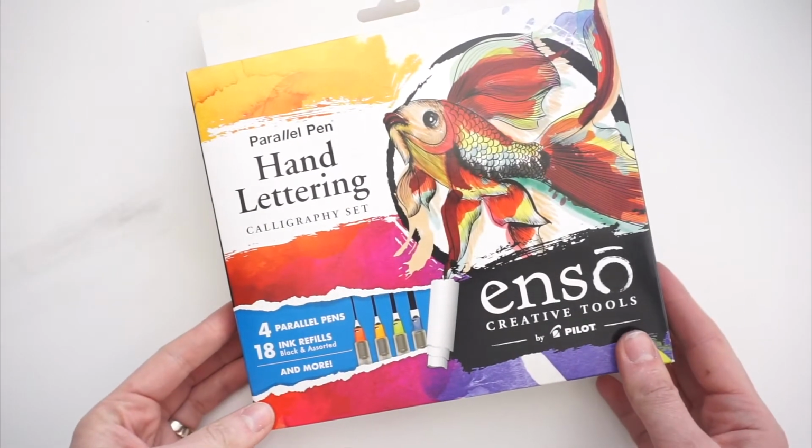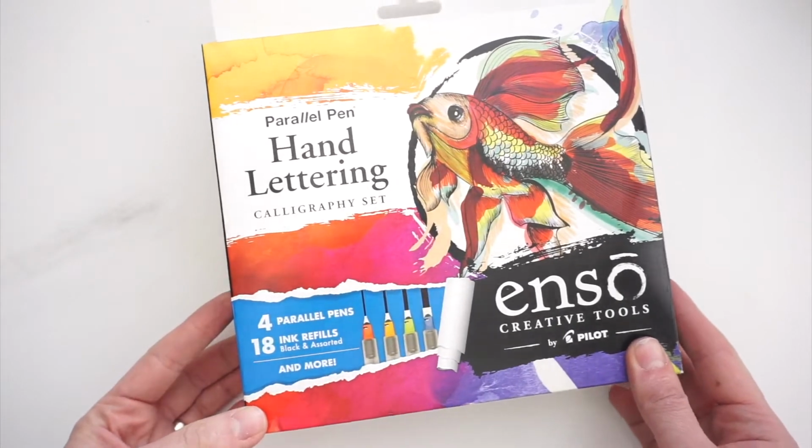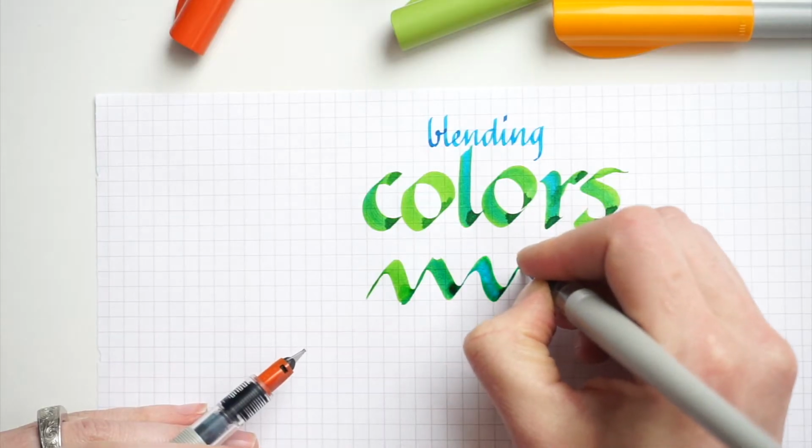I'm so excited to share with you a little unboxing and review of the Pilot Parallel Pen hand lettering set. I just want to give Goulet Pens a shout out for sending this little set to us to try out. It's been really fun to play around with. These are really wonderful pens, and we're super excited to give you more information on them and to show